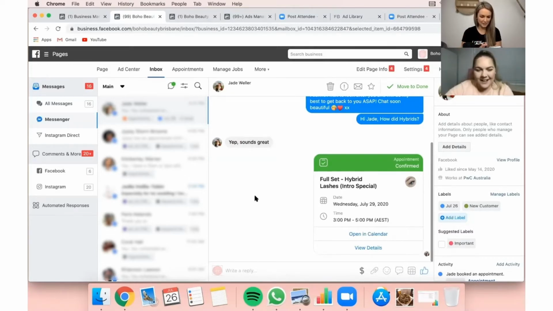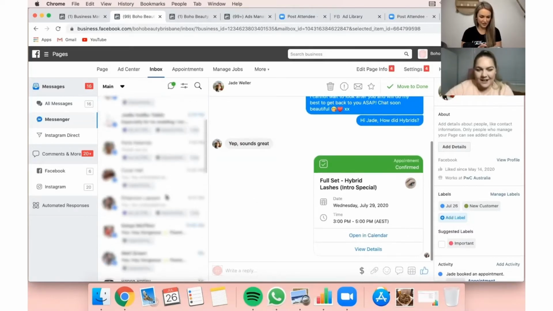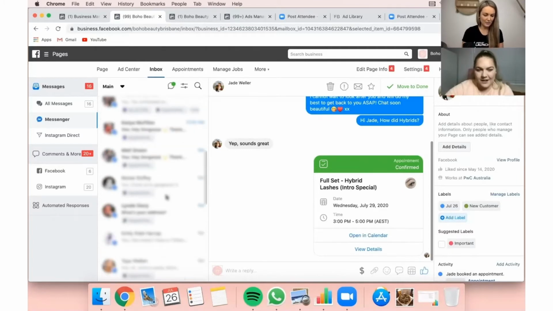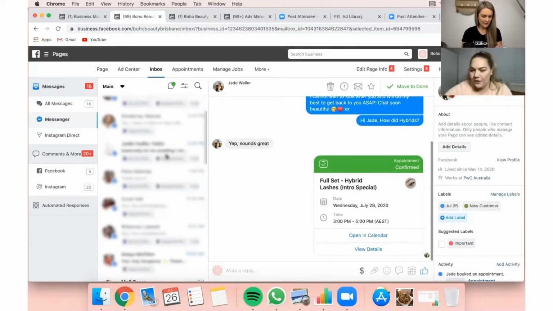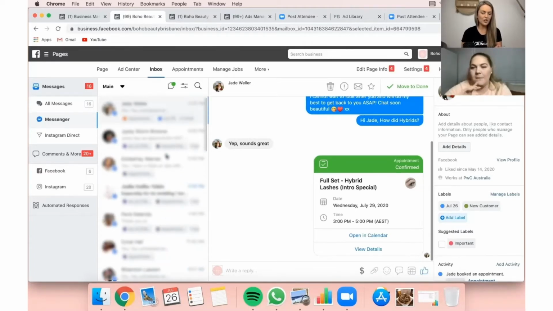So let me open up my calendar so I can show you. Hang on, Wednesday the 29th. Oh, I didn't add. Has it gone through? Oh, you know why? It added to the calendar associated with my Facebook page, and it's not the Jade at Jade Start calendar. So it's whatever Facebook's connected to. But in saying that, even if it doesn't go to your calendar, Facebook's going to remind you 24 hours before anyway.